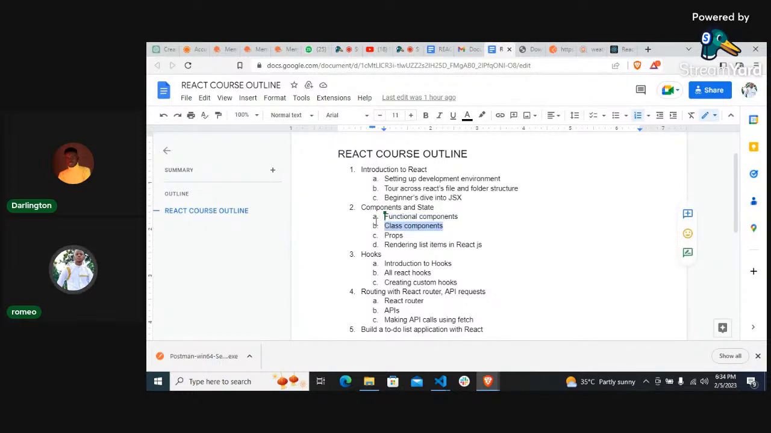Now, the class components dominated before the coming of hooks, from React 16.8 below. What I'm trying to say is that from 16.8 and above, that's where React hooks were introduced. So anything less than 16.8 made React class components a requirement. And then how do we create a React